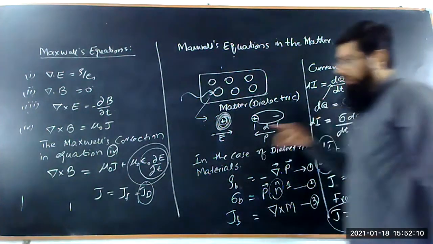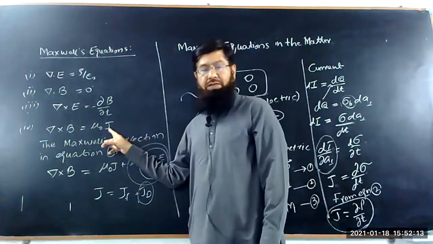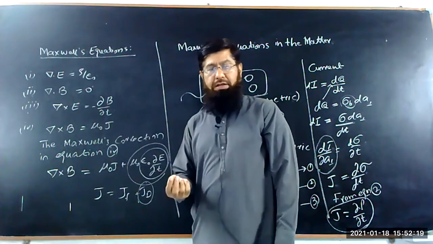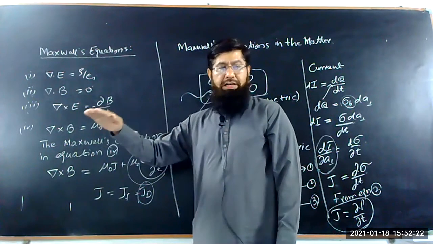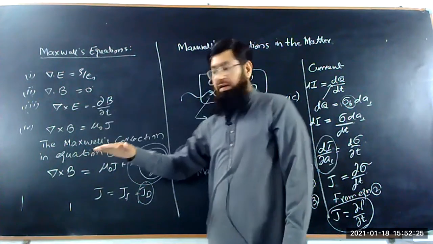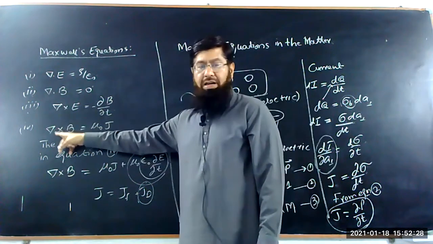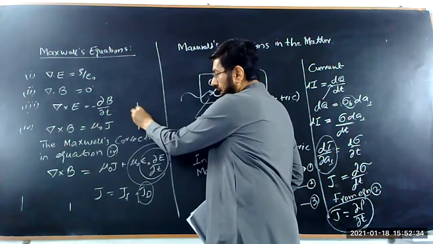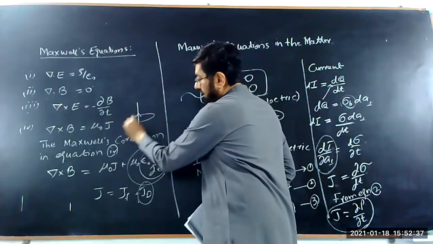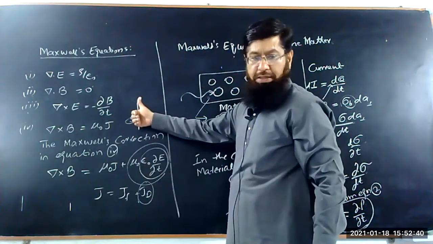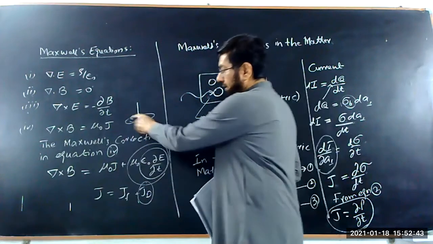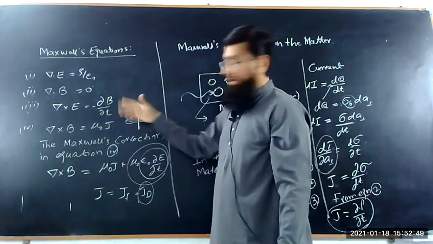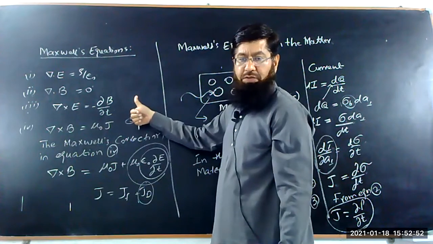Now in the first case, we have seen that when we have a steady state current, a uniform current, flowing with a constant rate, Ampere says that the curl of B is equal to mu naught J. It means if a uniform current is flowing in the wire, it generates a magnetic field around the wire. This is Ampere's law: the integral of B dot dl is equal to mu naught I. So the steady state uniform current can produce a curling of the magnetic field which is uniform.